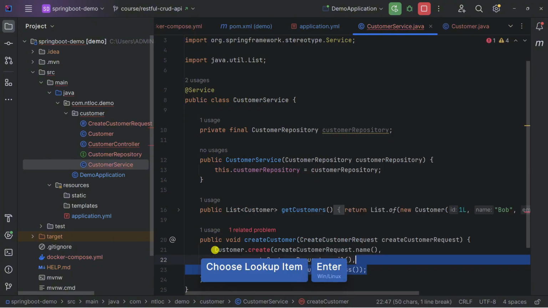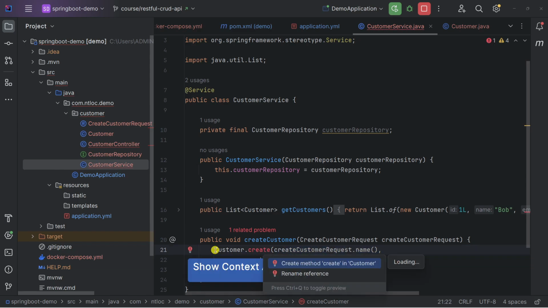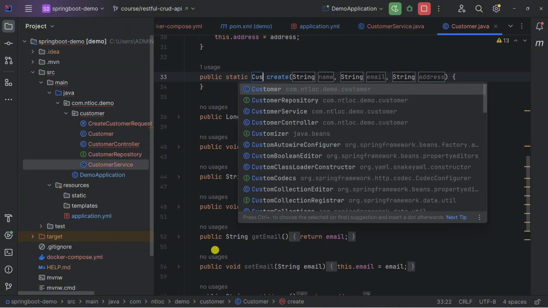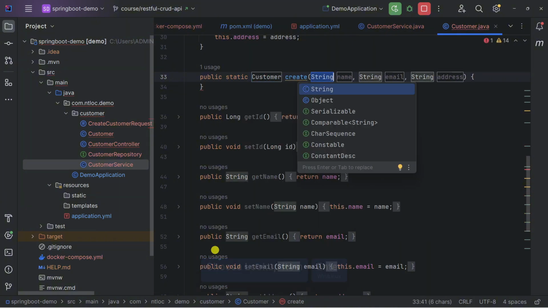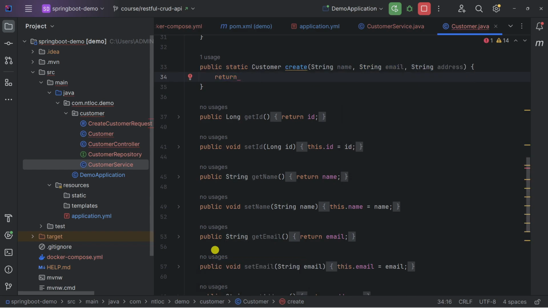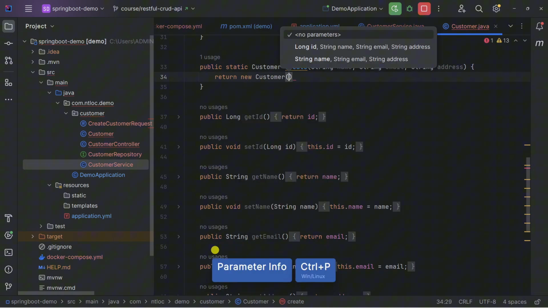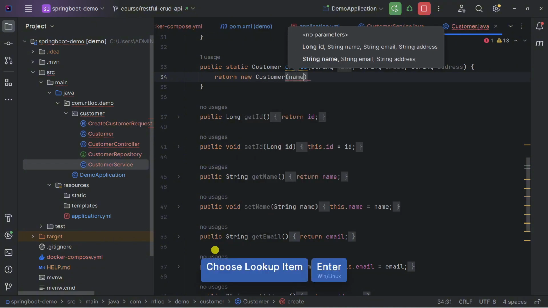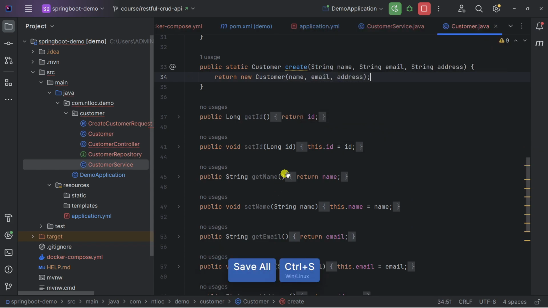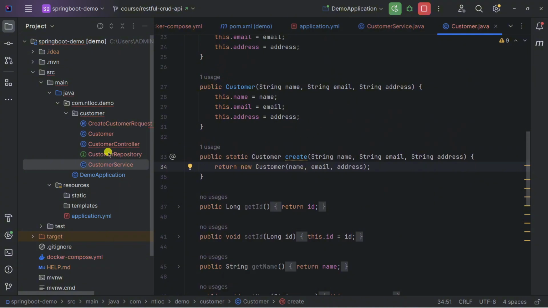And then I would like to create a method within the Customer, and the return type is Customer in this case, with the strings name, email, and address, and it must return a new Customer, and inside it just pass the name, email, and the address. So okay, I think everything looks fine.